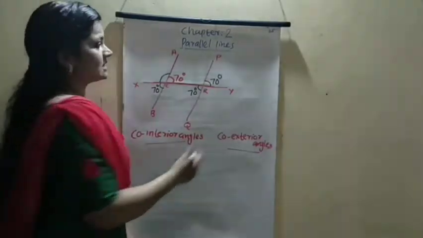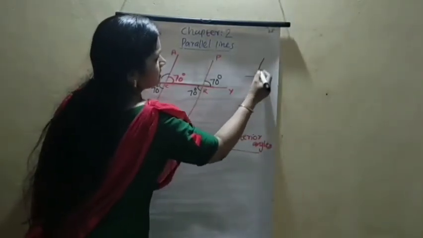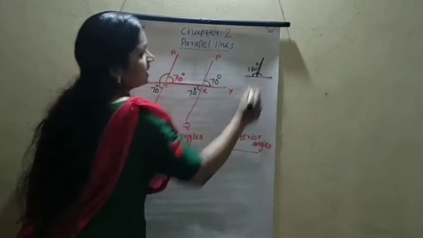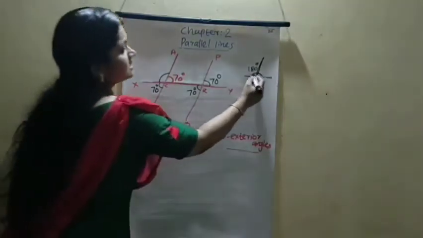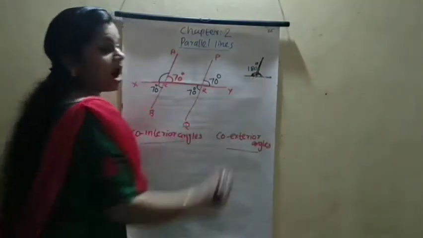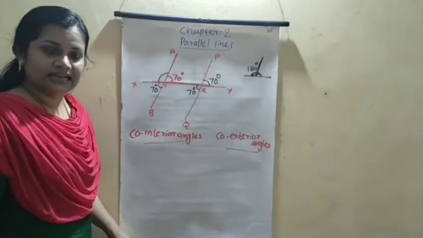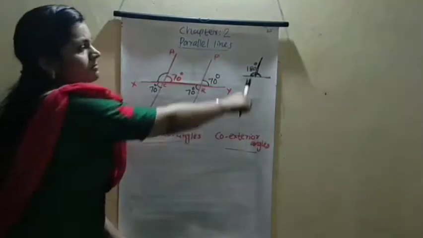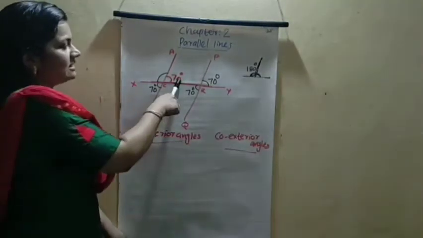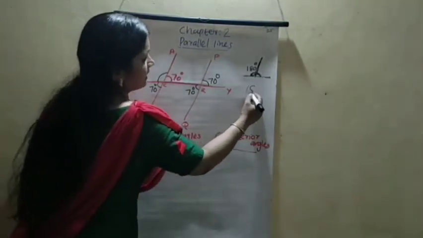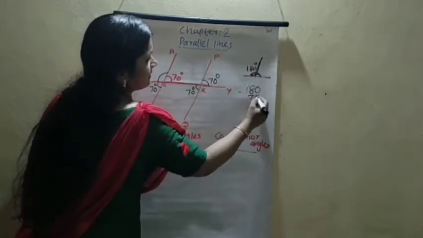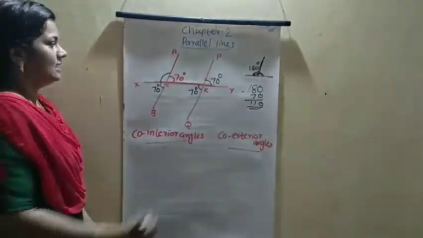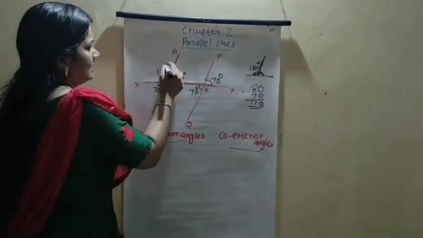These are the linear pairs, and in our chapter adding angles we use this. So this is the straight line. Then these angles make what? 180 degrees. Do you remember? Half rotation is 180 degrees. So these linear pairs are equal to 180 degrees. So 70 degrees here, so we can write 180 minus 70 degrees. So we got what? 110 degrees. So this is 110 degrees.